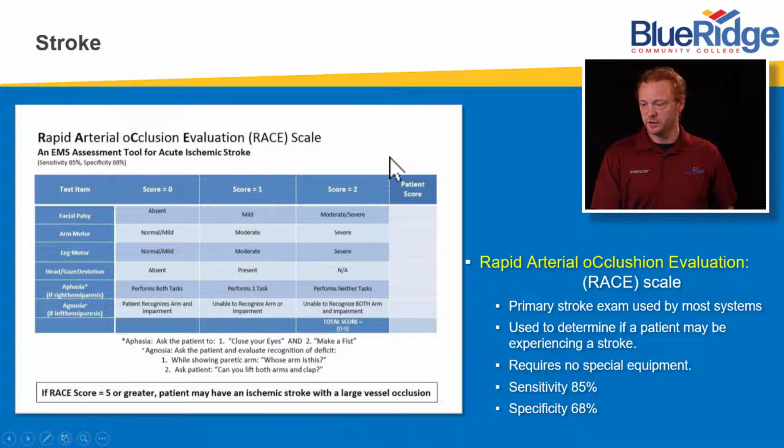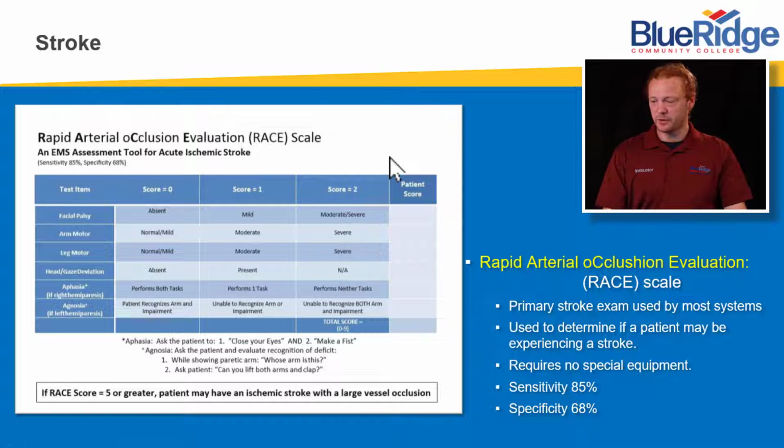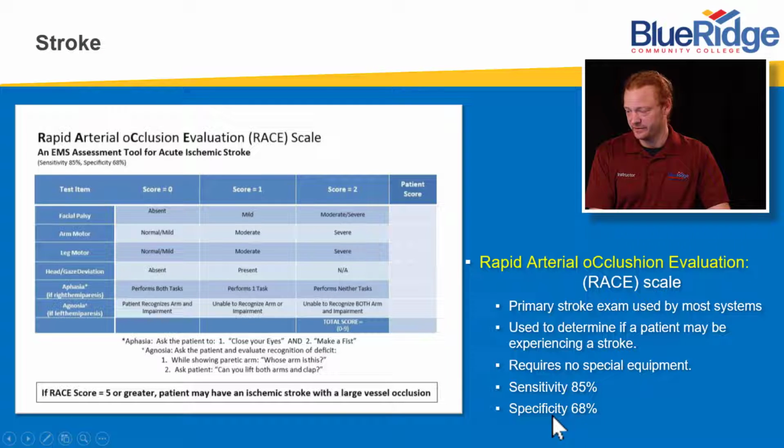This is the RACE scale, or the Rapid Arterial Occlusion Evaluation Scale. It is an EMS assessment tool that is widely used in Western North Carolina and is being widely used across the United States. It's kind of taking the forefront in stroke scale assessment. It is used to determine if the patient may be currently experiencing a stroke, requires no real special equipment, has about an 85% accuracy rate, and a 65% specificity